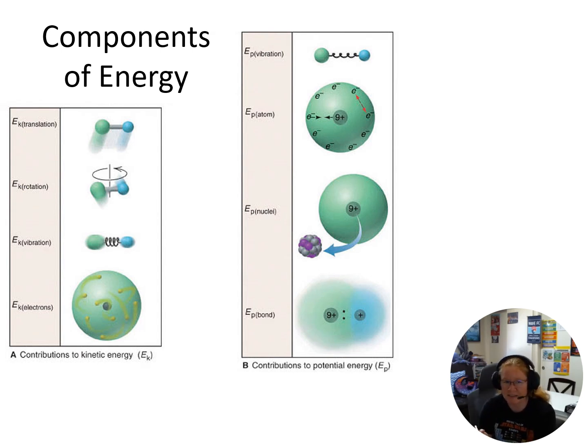Okay? Contributions to kinetic energy are going to come from my molecules moving around. That's the translation. Okay, my molecules rotating. Okay, vibration. So here's the thing. When we do molecular models, we use these ball and stick systems where we've got a ball, we have a little plastic stick, and we have another ball. And it seems pretty rigid. But in reality, bonds are not like that. Bonds are actually really stretchy. And so we get this vibrational energy, okay, where they bounce. So they're not like this perfect stick.